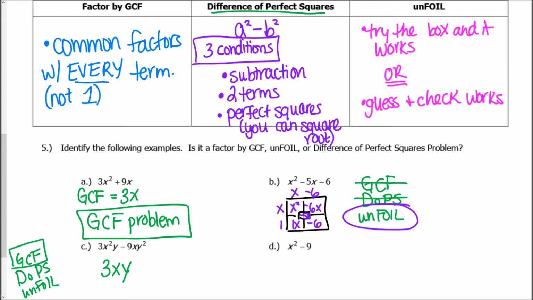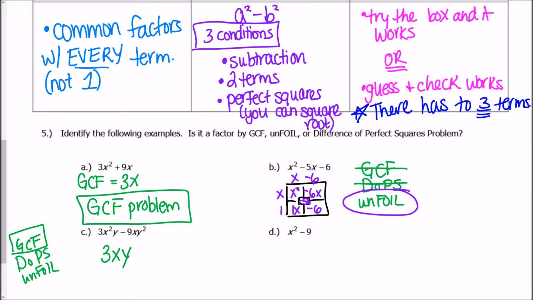By the way, for unfoil, we need to add one more piece of information that's really important. There has to be 3 terms for an unfoil problem. Okay, so let's look and see, is this a difference of perfect squares? Well, there is subtraction, but 3 is not square rootable, and y is not square rootable. So it's not a difference of perfect squares, okay? And in order for it to be unfoil, it has to have 3 terms, and it doesn't. So this is also a GCF problem,